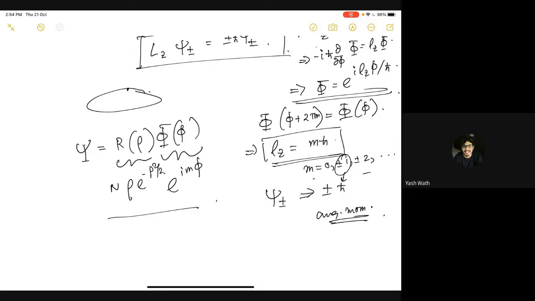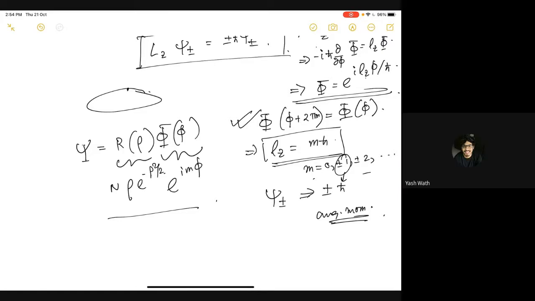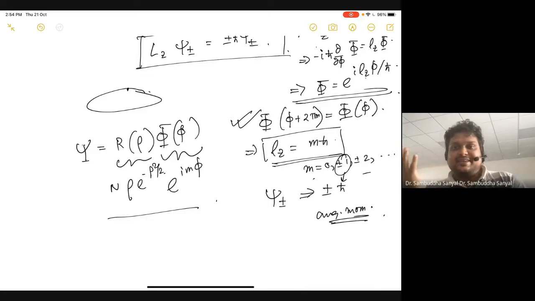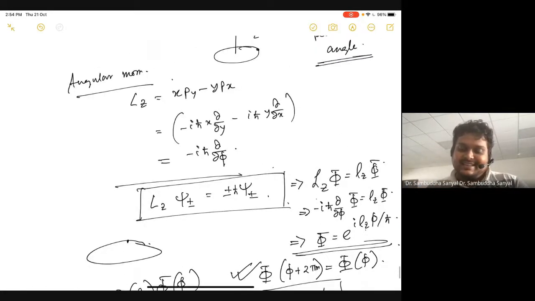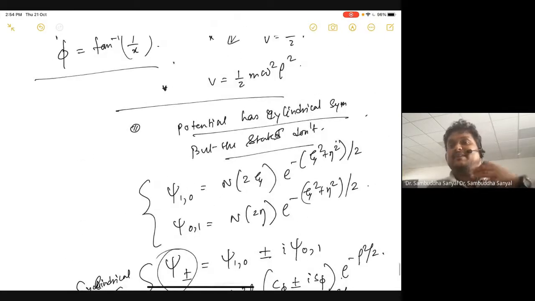So the quantization of angular momentum came only because of the 2 pi symmetry, right? It came from single valuedness, not continuity. It came from the fact that phi must be the same at the same point. Now we know on a circle, phi plus 2 pi m is the same as phi. That's why it came. So is this because of the symmetry of the problem? Yes, of course. The reason you can go to this structure is because of the symmetry of the problem. But I have not yet made that point clear. I will make that point much more rigorous later.